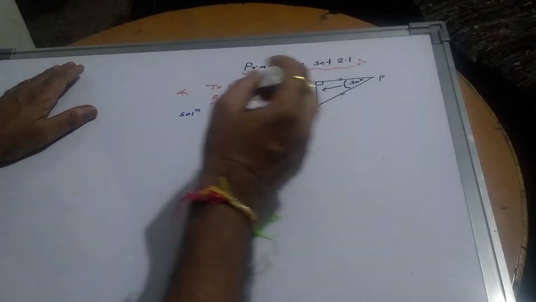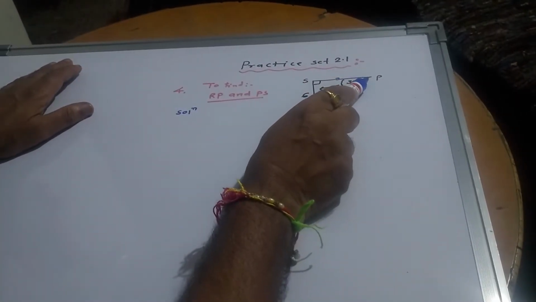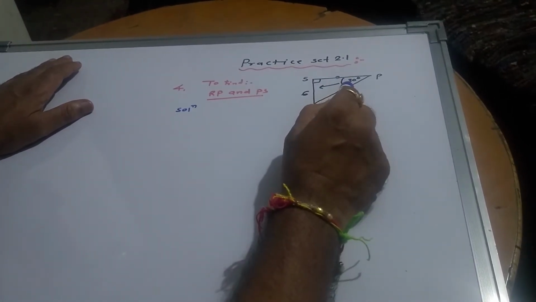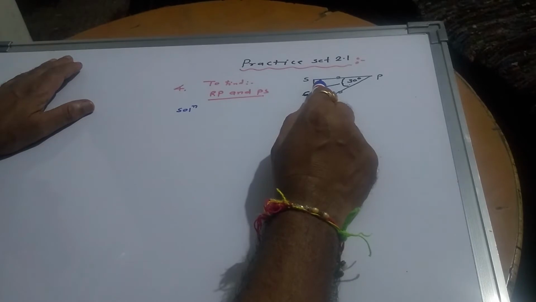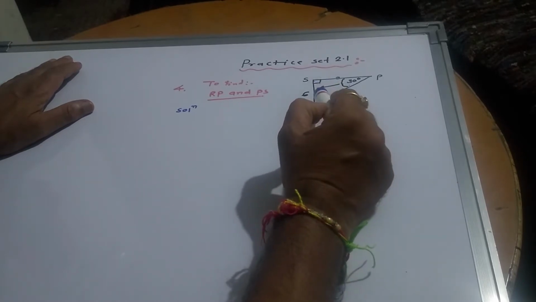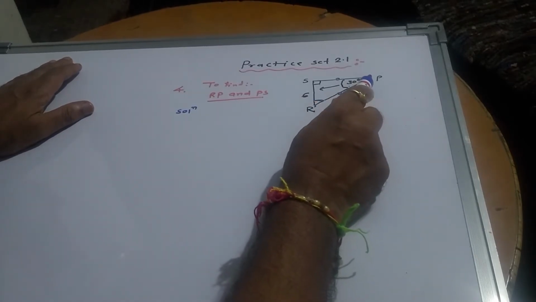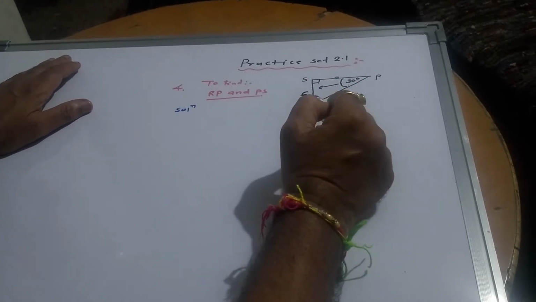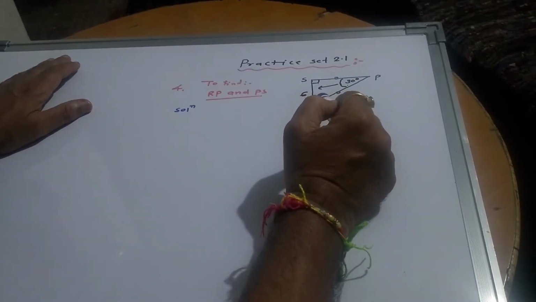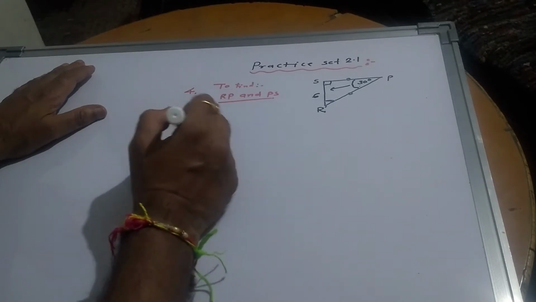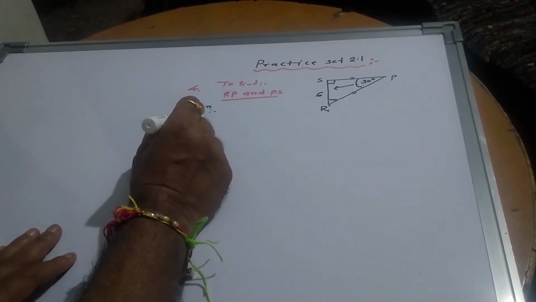फिगर ऑब्झर्व केले. इन ट्रायंगल PSR, angle P it is 30 degree, angle S it is a 90 degree, and angle R will be, what is that? It will be 60 degree. So it means that triangle PSR is a 30, 60 and 90 degree triangle. So solution. First, in triangle PSR,